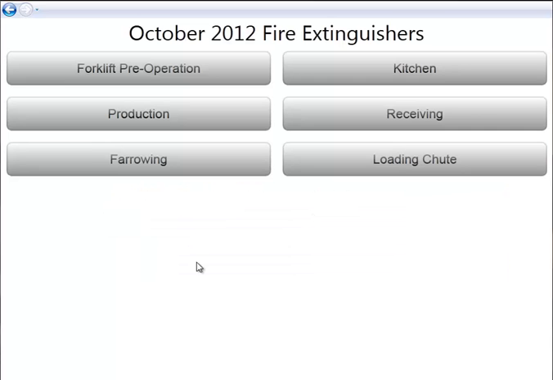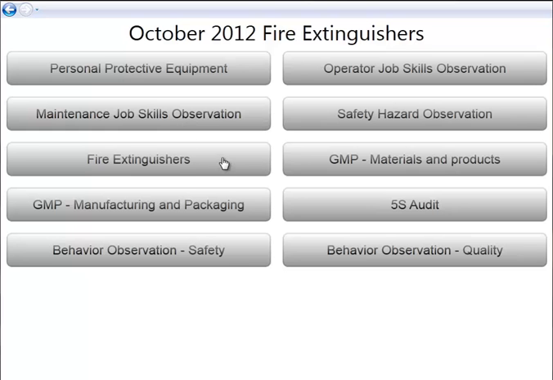On this screen, you are seeing the areas of the plant I have set up. This inspection database is set up to demonstrate a lot of different uses, so my plan is going to seem a little strange. For our purposes, though, we will be inspecting the fire extinguishers in the production area and the receiving area. At this point, I would physically walk into the production area and click on that button to begin my inspections. As you can see on the screen, we have a lot of different inspections available for the production